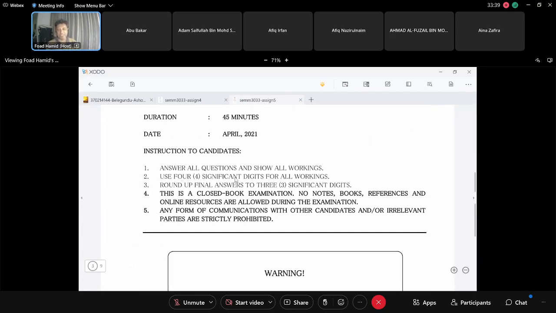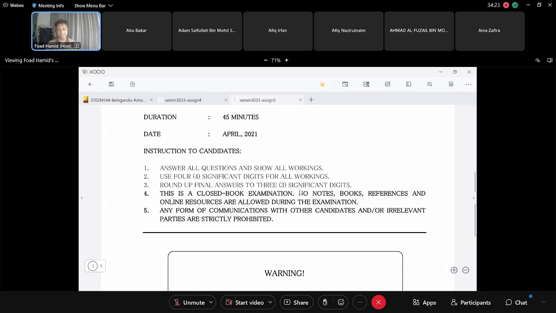Use 4 significant digits for all workings. Significant figures, bukannya decimal place, but significant digits for all workings. I would prefer if you do more. For example, all the intermediate calculations, you carry 5 significant figures, but at the end, you round it to only 4 significant digits. If you do not follow this instruction, again, you'll be penalized. So make sure your answer is in 4 significant digits at least at the final answer,